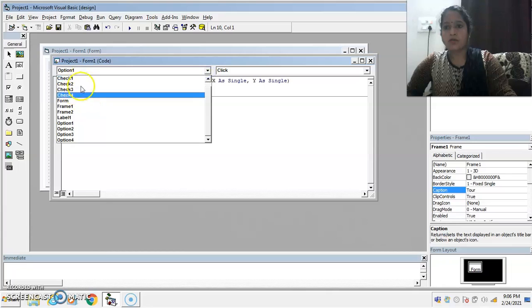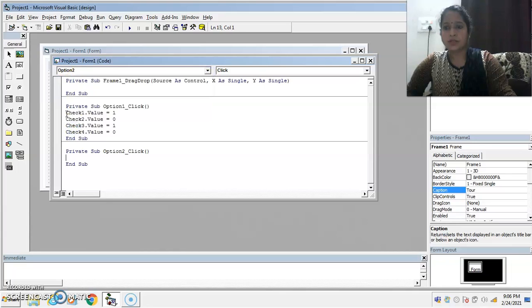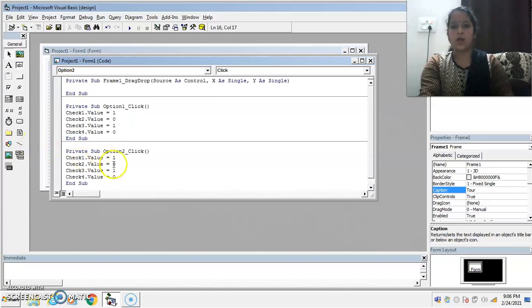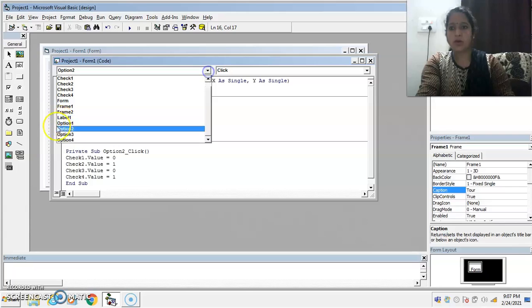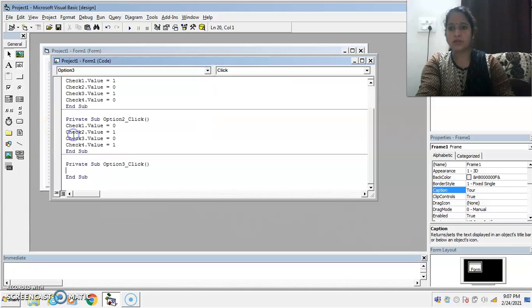Write down the coding for option 2 button. Copy paste this coding to save the time. Okay, now when the user selects the second option button, means second package, then suppose second and fourth city are selected, so change the values. Okay, now write down the coding for third option button.